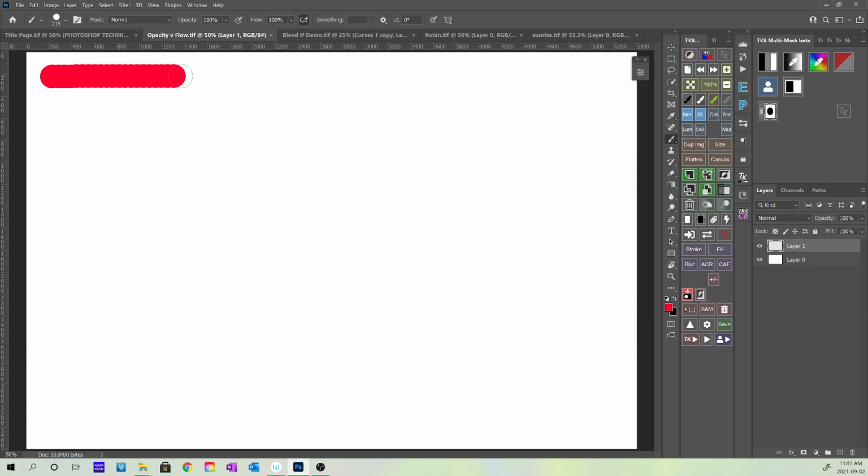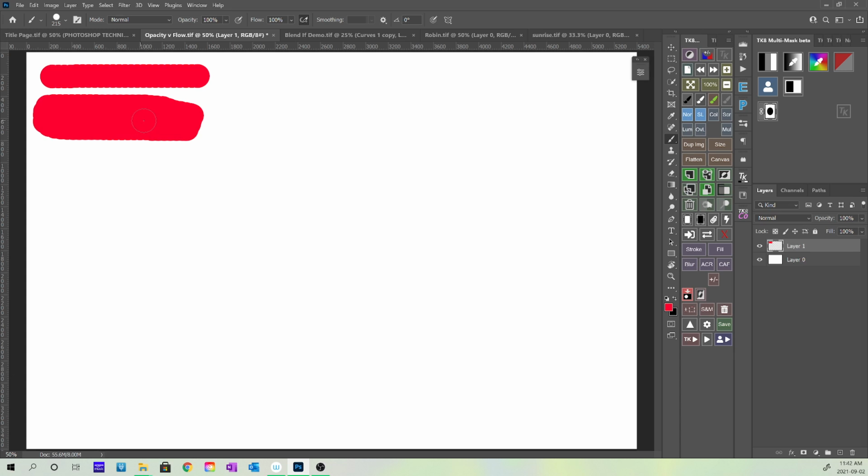If I paint on my canvas, you'll see it lays down a nice dark red strip. If I hold my cursor button down and lay down that strip and then go back and forth over top of it, it doesn't get any darker. If I paint on areas that I haven't painted on before, of course it lays down the color there, but it lays it down as a solid color at a set